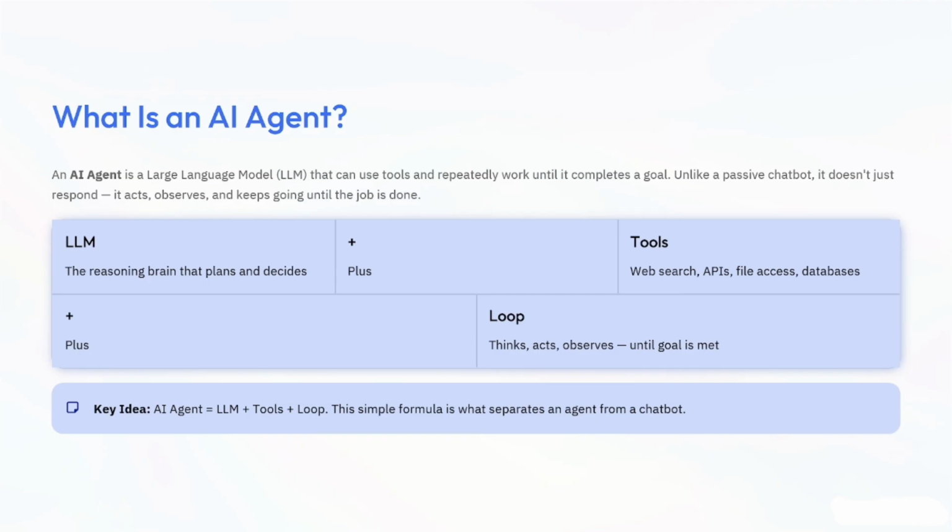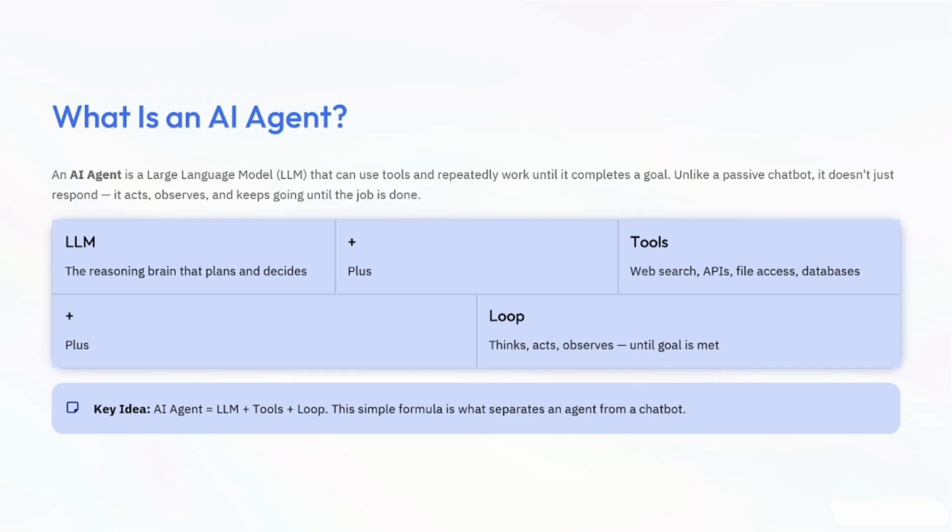So you can consider the LLM as a brain. Examples include ChatGPT, Claude, Gemini. Its job is to think, understand language, reason, and decide what to do. But always remember, the LLM cannot access the internet or your files by itself. It only thinks.